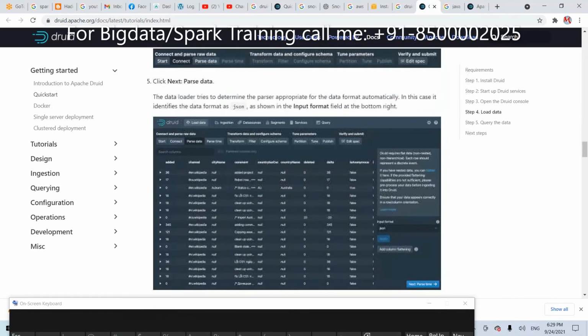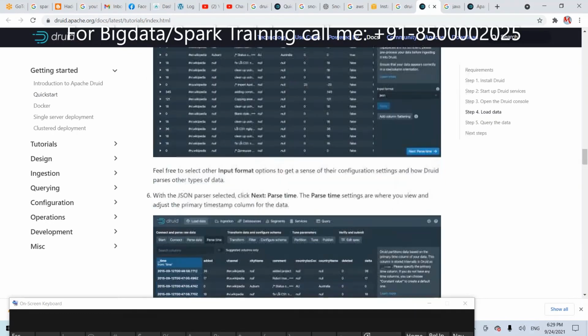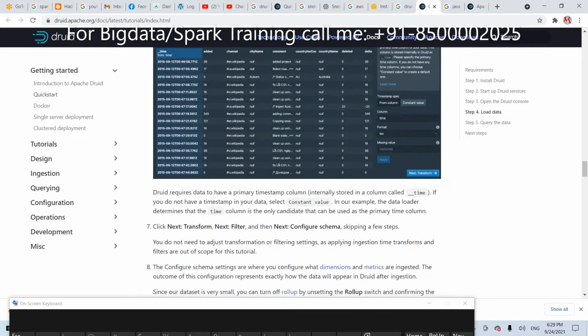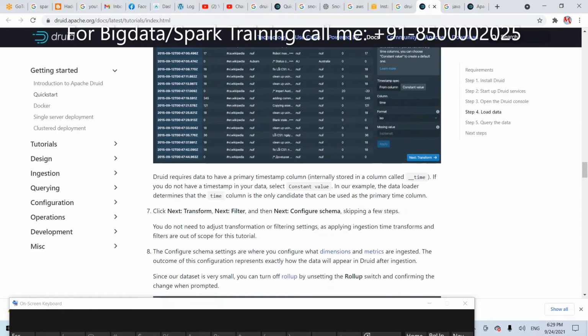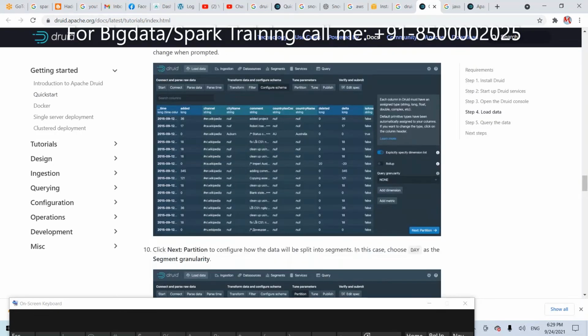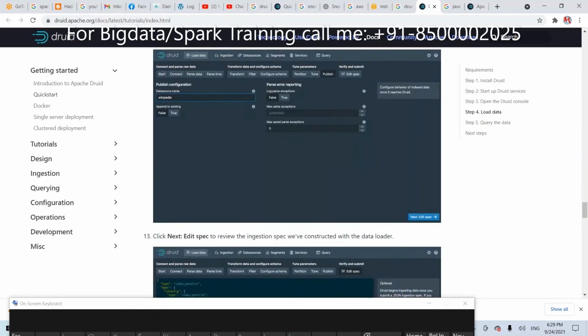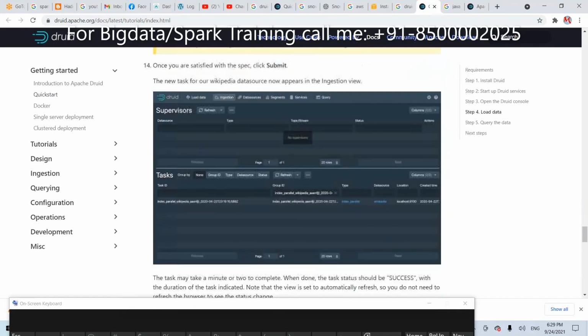Okay. Multiple files also you can. That's not a problem. This is JSON format, and this is nothing but column, time, etc. To format ISO or IST, Indian Standard Time, like that. Okay, and here this is okay, this is okay, and then next, publish. You will get like this. It will take a little time.